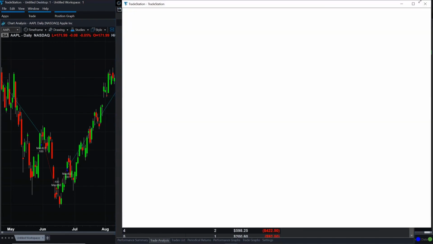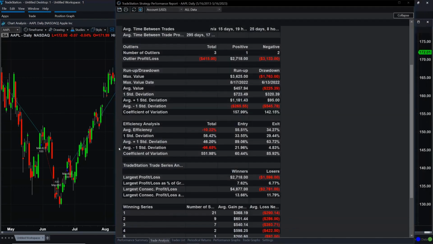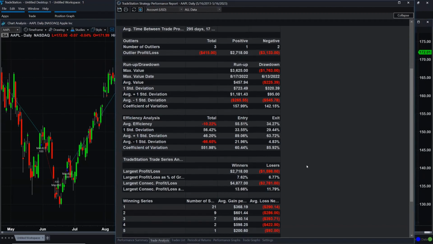Of course, I clicked on something here. The same standard deviation calculations that you can look at. How much does it vary? The entry and the exit efficiency. So those are values that we can look at right here. And last,